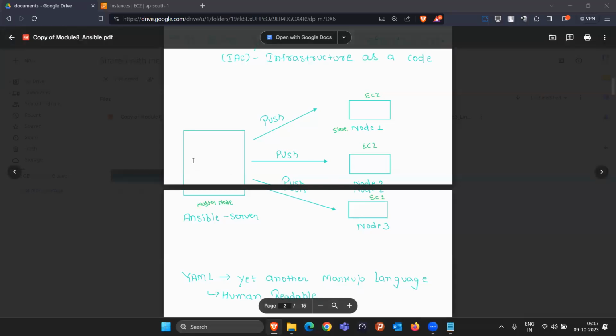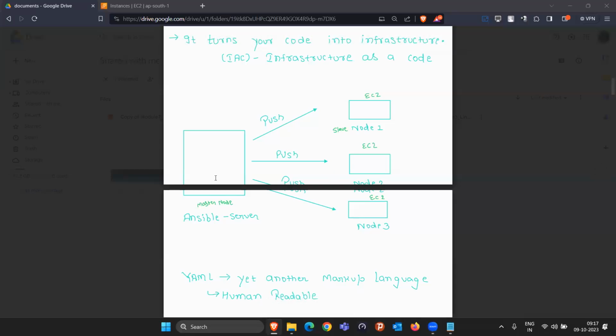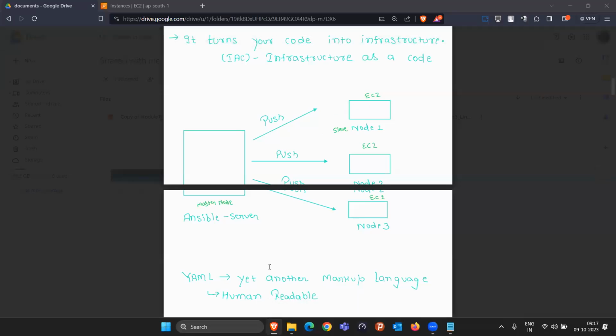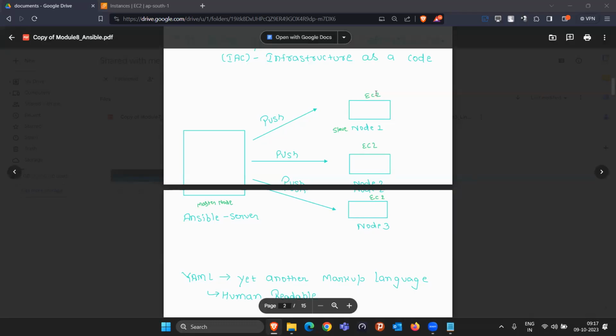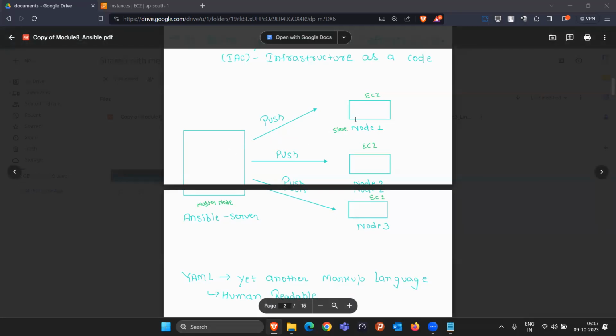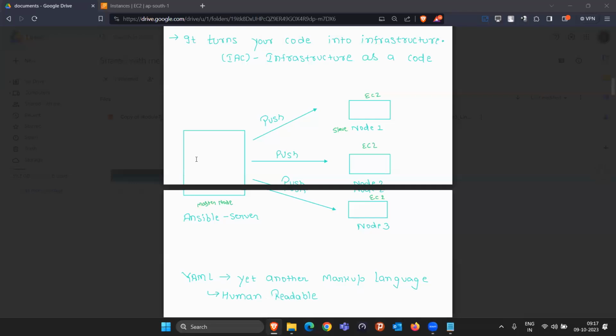But Ansible says that since you have a master machine, do one thing: just give me the IP address, username, and password. Why do we require them? Because to log into any Linux machine you need three things: IP address, username, and password. If I have these three things, I can log into any Linux machine. So I provide the IP address, username, and password of each machine, list everything inside a file in the master machine, and save it separately.